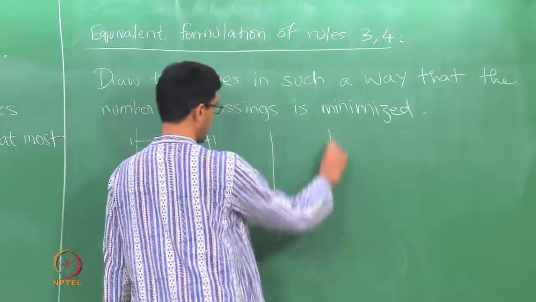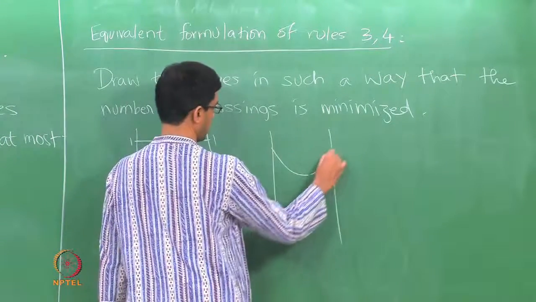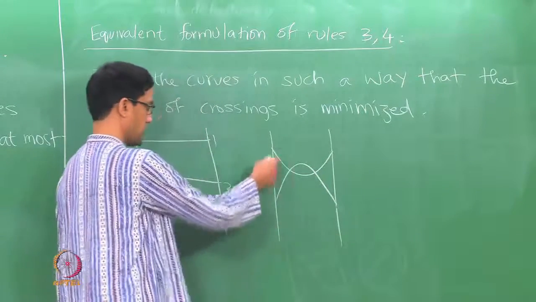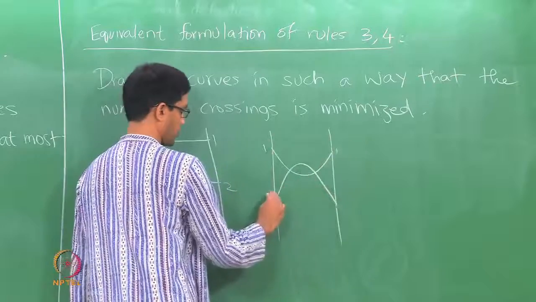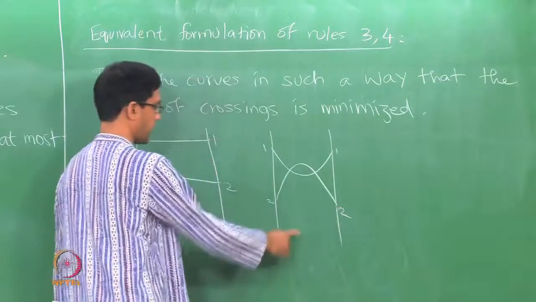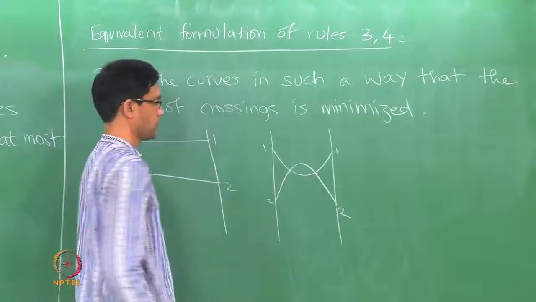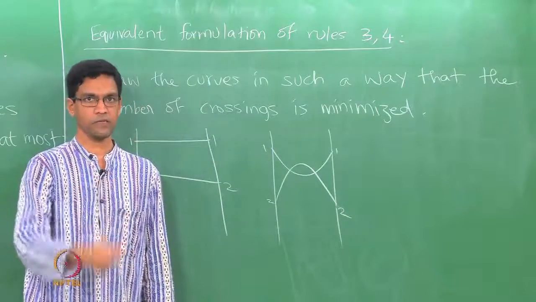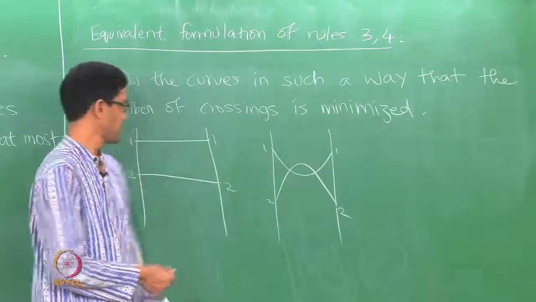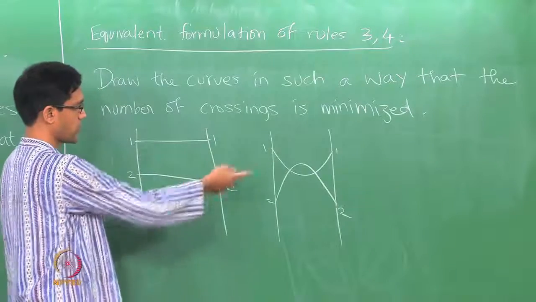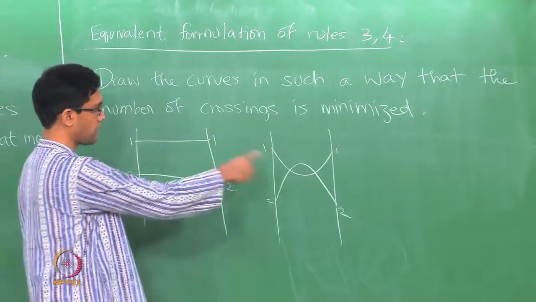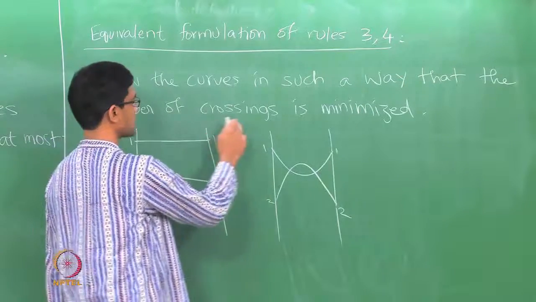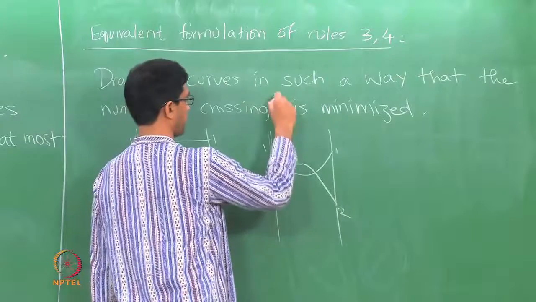Now if you did anything funny like we depicted in our earlier diagram, it still is going to send 1 to 1 and 2 to 2, but this way of drawing the diagram produces 2 crossings. But by moving those two curves apart, you can further minimize the number of crossings. You can just get 0 crossings as opposed to 2 crossings in that way of drawing the diagram. Okay, so I should emphasize the number of crossings in the diagram.